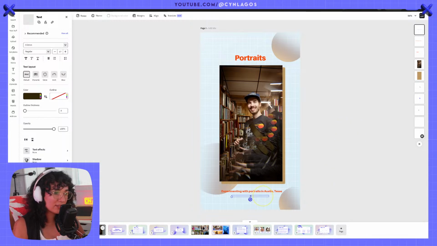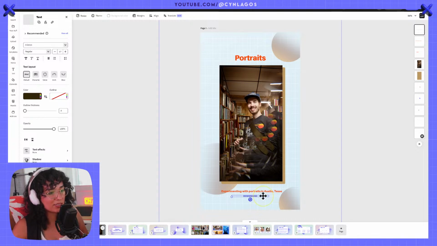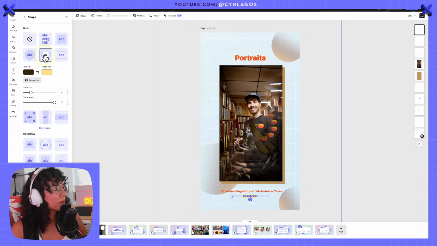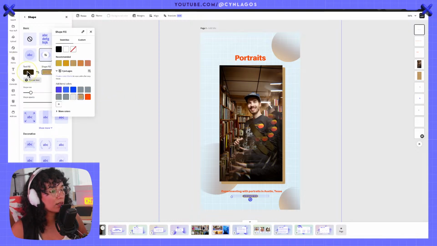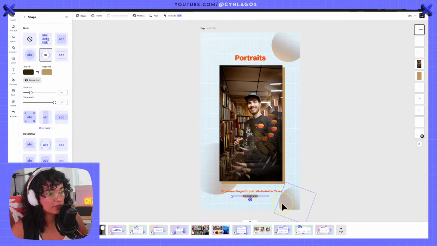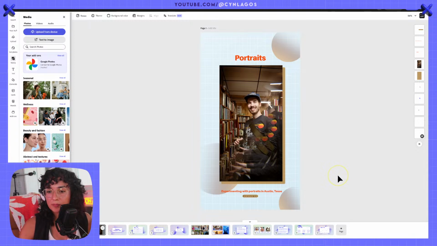So I might put Edson Lagos here in case this ends up somewhere else, because people do that. No, but also if it gets featured, that's always cool. Ooh, Edson Lagos, that's cool. Let's do it like this. That's fine. Bold and caps. No. Shape. Maybe we can add a shape in here. Something like this. No fill. There you go. Looks a little better, right?